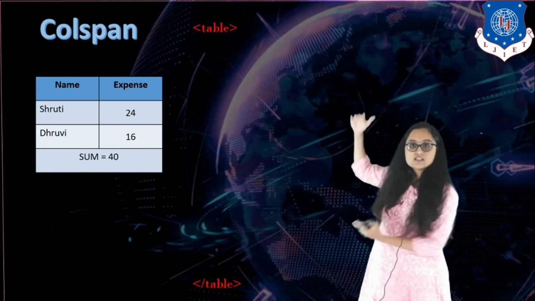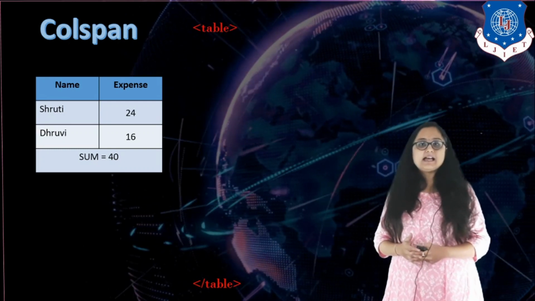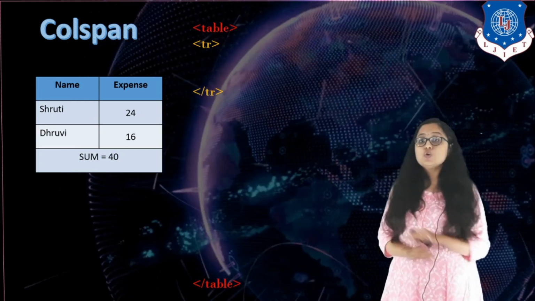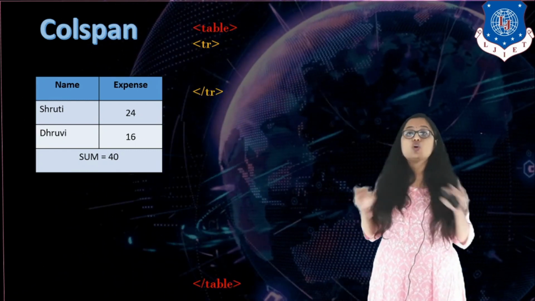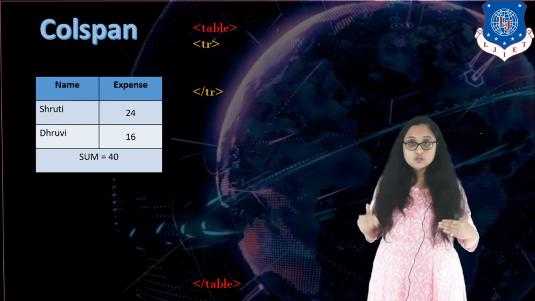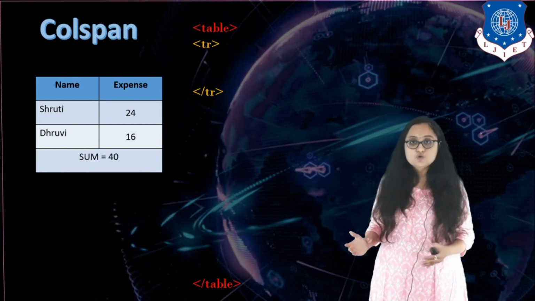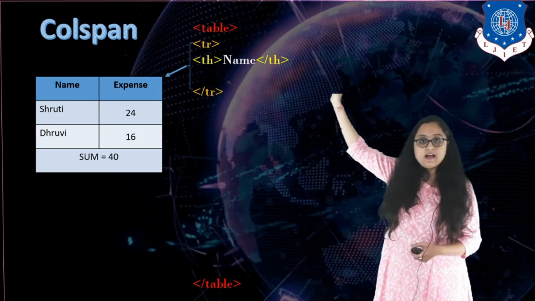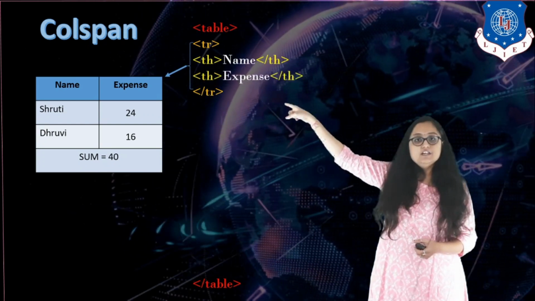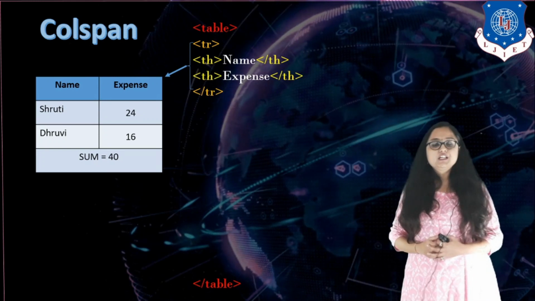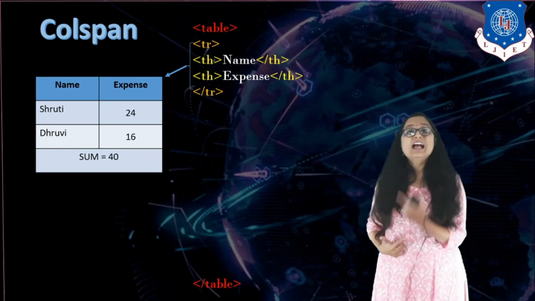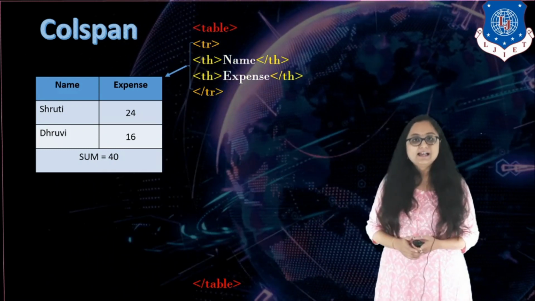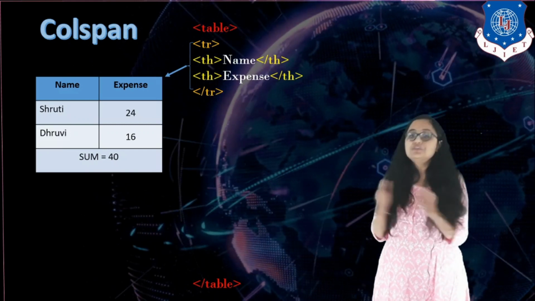So we know that the first thing that we will do is again write the table tag, that is a parent tag, table start and table end. For the first three rows, the coding is very simple, that we have already discussed. They are normal tables in which you have the rows and two columns each for three rows. So the first row contains tr start, tr end. Inside that you have the first td for name and the second td for expense. So instead of td, why have we written th? Now it is clear, because it is table heading and usually we want bold and center look. So th for name and th for expense. So two columns completed. The first row is completed.